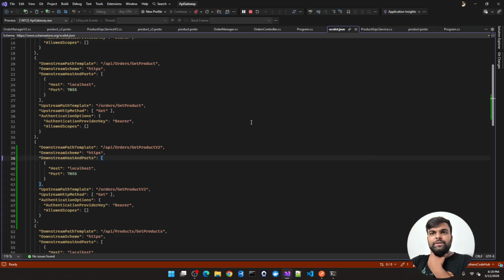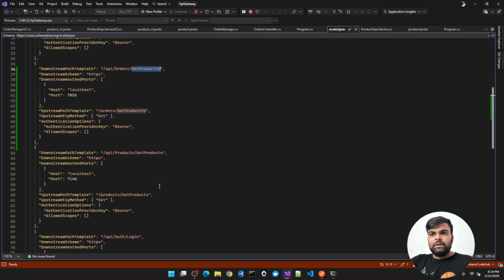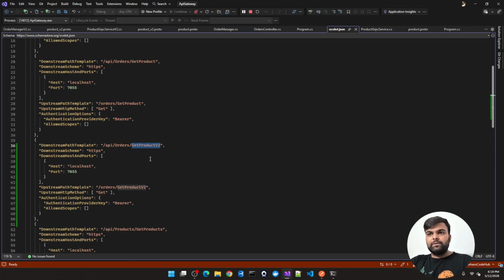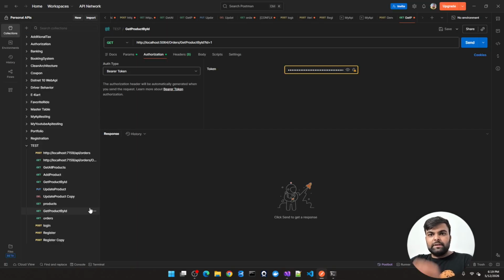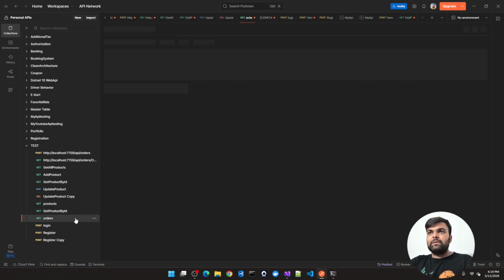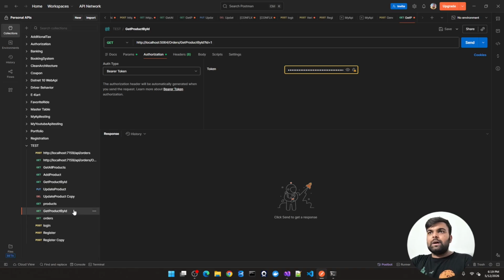This is our ocelot.json, and basically it will try to access the things. This is our get product, and this is our get product v2. It's not a big deal. First of all, I will try to access version 1. Have I mentioned it somewhere? Oh, I haven't. So first of all, let's change the function name. This is our function name get product, which is based on version 1.